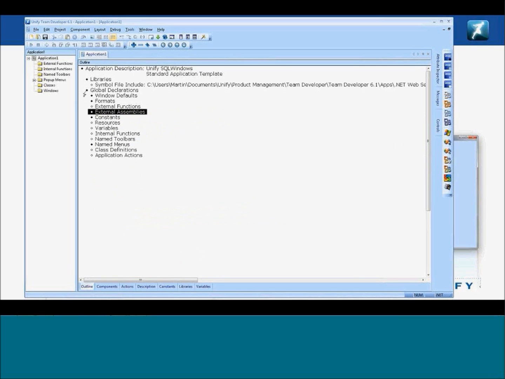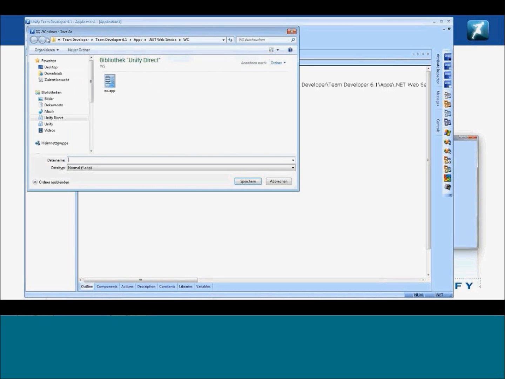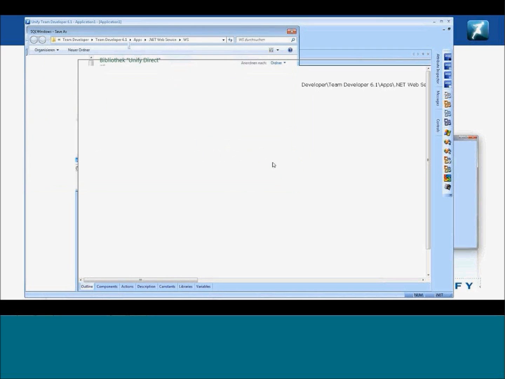Now this application here is totally empty. And for this to work, I need to save this application now so it finds the DLLs that I have created, because those DLLs are not in the path. Let me use text and vs.app. Override, yes. So now I'm creating a brand new application that has that